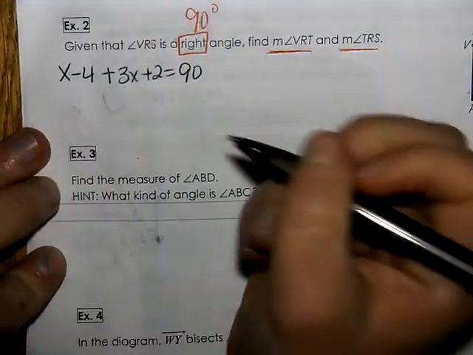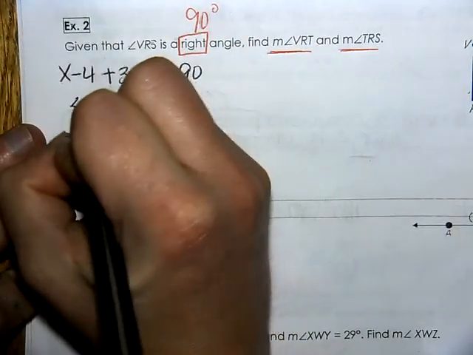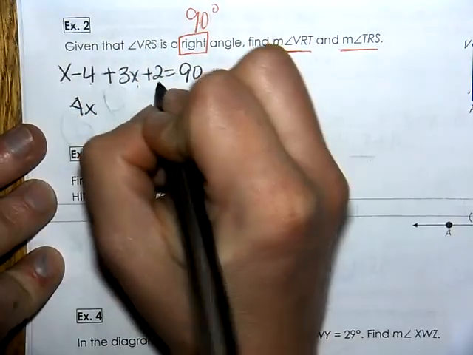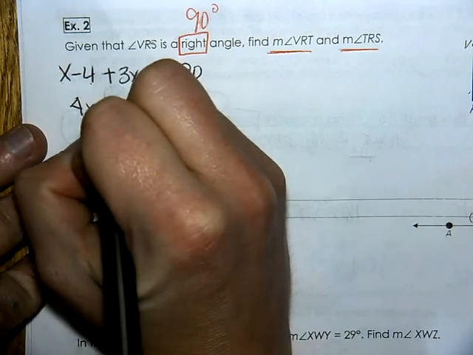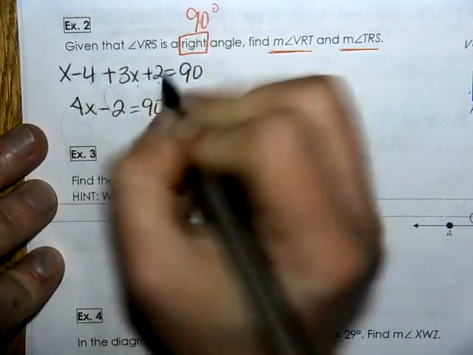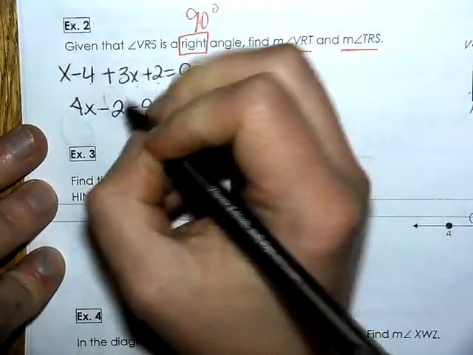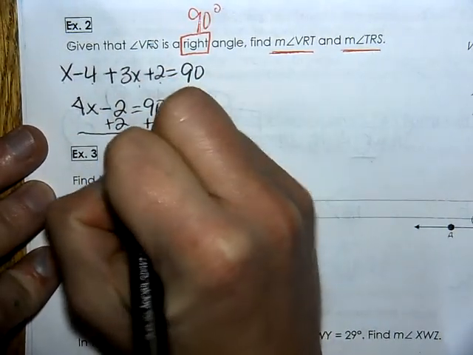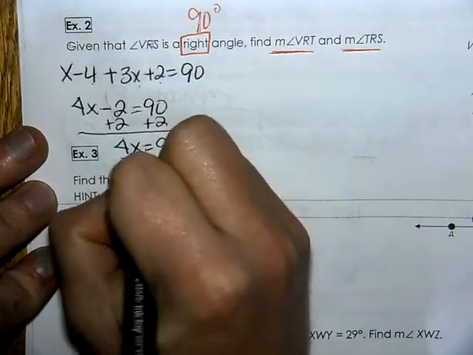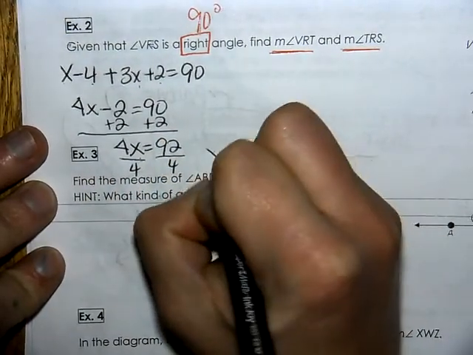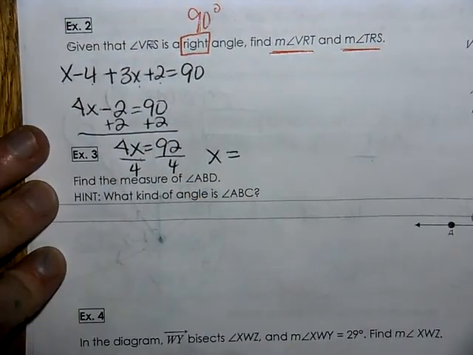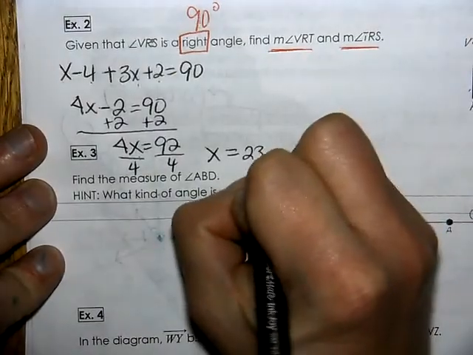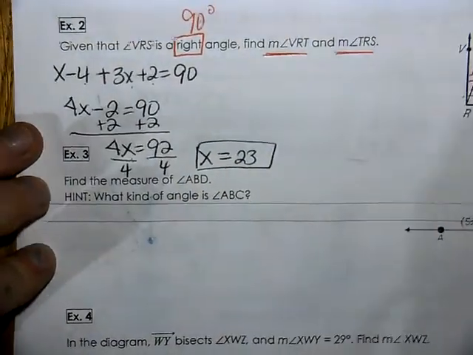All right, let's go ahead and solve for x. x plus 3x is 4x. Minus 4 plus 2, that is minus 2, equals 90. I'm going to add 2 to both sides, and when I do that, I end up with 4x is equal to 92. Dividing both sides by 4, 92 divided by 4 is equal to 23. So now that I know that x is equal to 23,